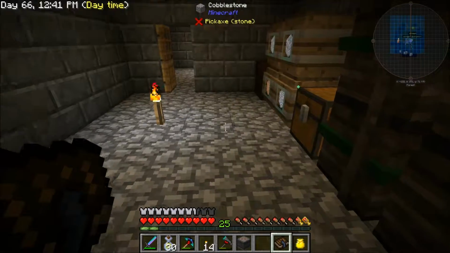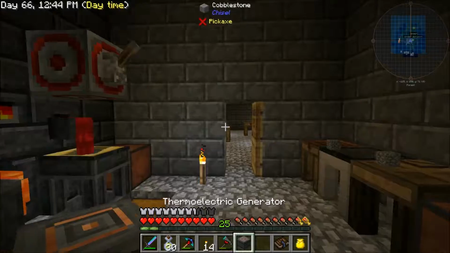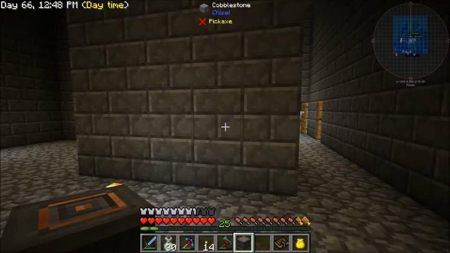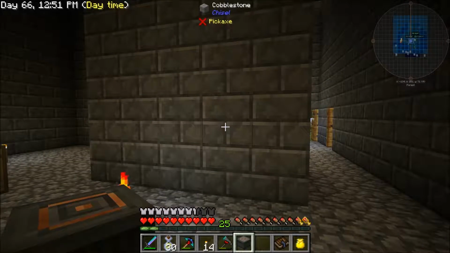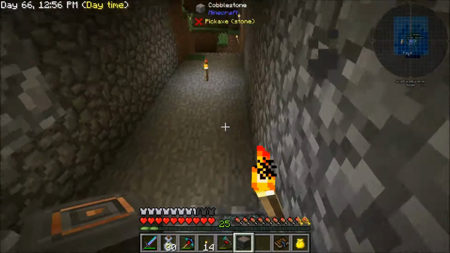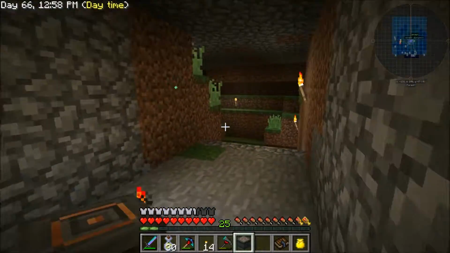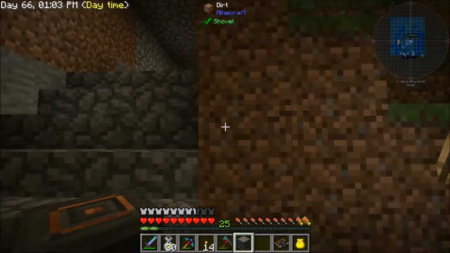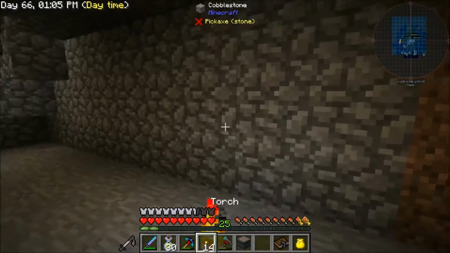The ideal for a thermoelectric generator is to put gelid cryothium on one side and blazing pyrotheum on the other. That'll get you the maximum temperature difference. For now, if I can find a good spot to put this, because I want it to be out of the way, but at the same time,